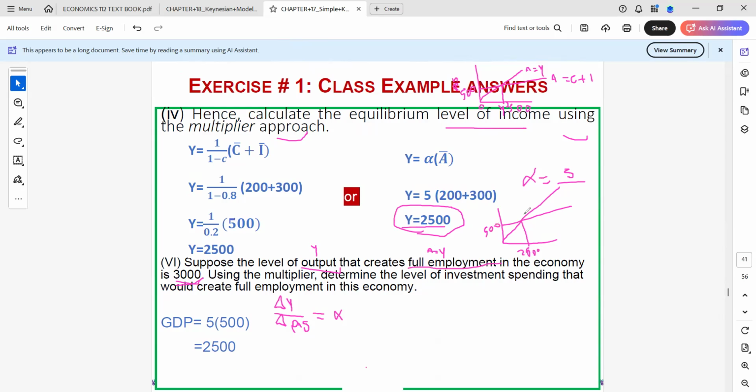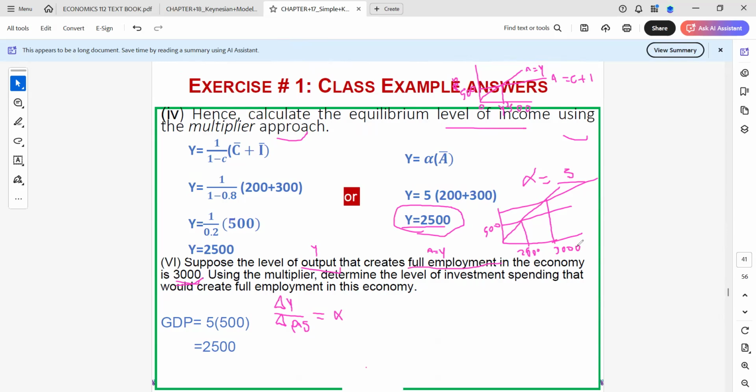So now the new equilibrium point that we have is somewhere here, where our income or total production is now what? Is now 3,000. Right, so let me just say 3. This looks very untidy, but I just hope you guys are going to see what I'm trying to do here. So now it's